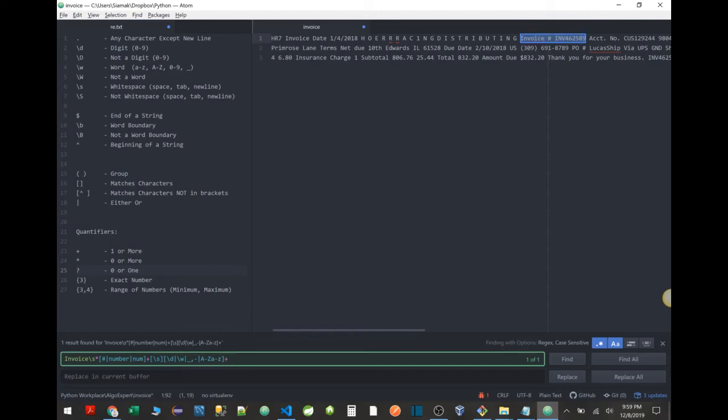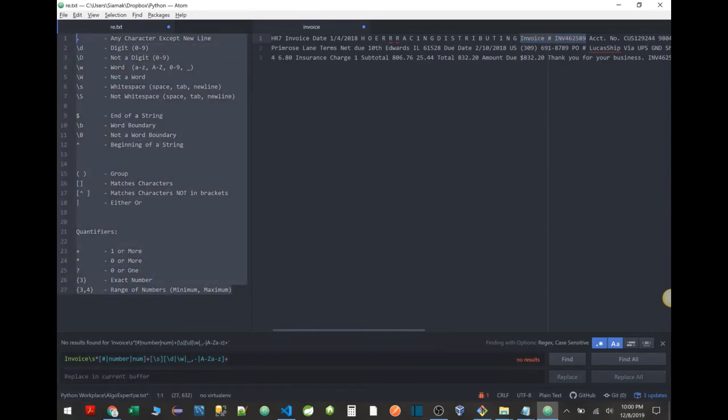So take a look. When I hit search, when I hit enter, as you can see on the top right, this pattern that I created is basically grabbing the invoice number from this file. It is amazing, right? I want to walk you through all the things that you need to know about regex